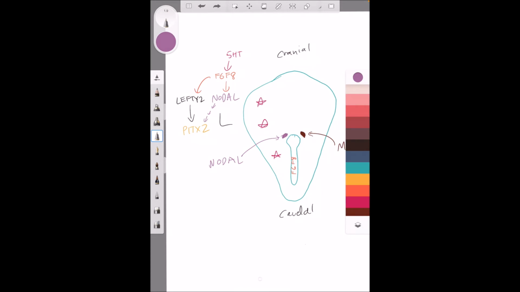So now we have a question that we have to answer. The serotonin gets degraded by monoamine oxidase if it tries to cross over to the right side. But why can't PITX2 cross over to the right side? Or why can't nodal cross over to the right side? The nodal is being expressed here, so why can't it just hop over and go there? It's not being degraded, is it? Well, it's not, but